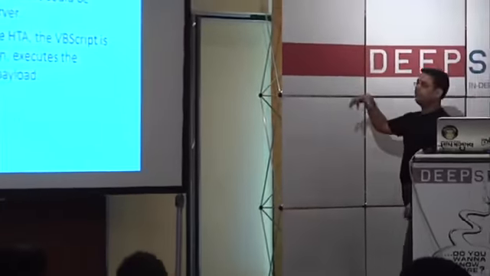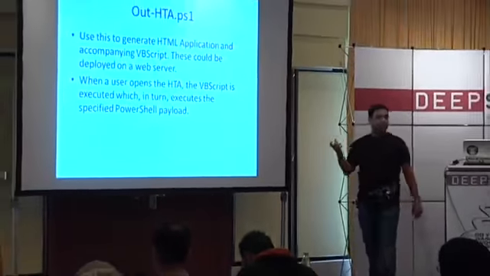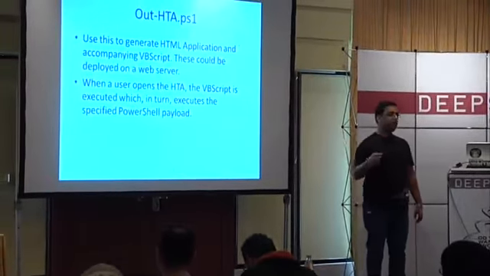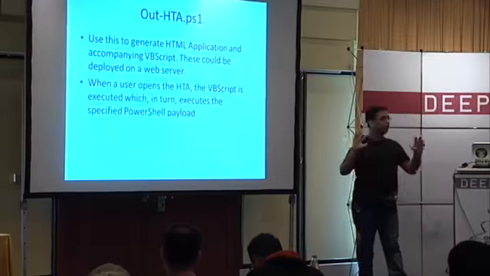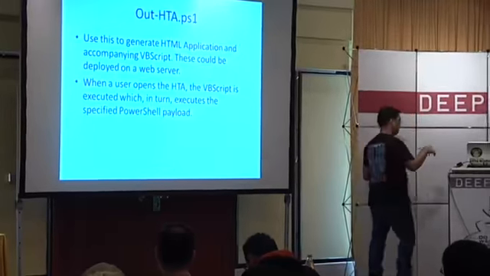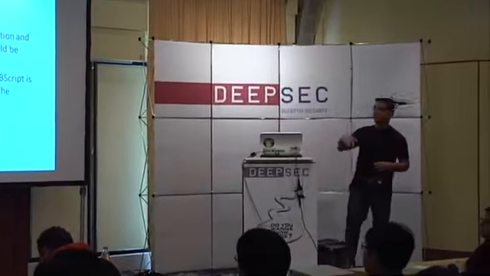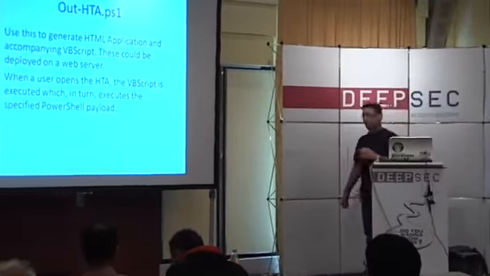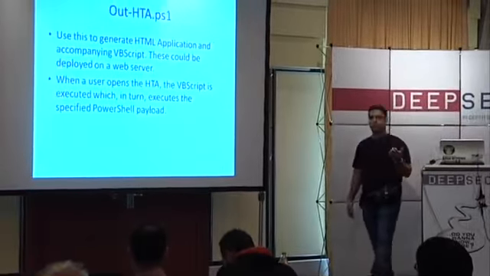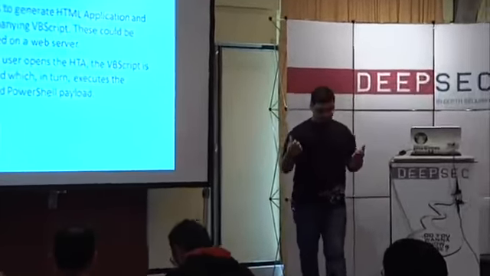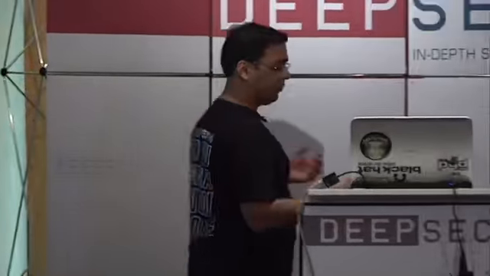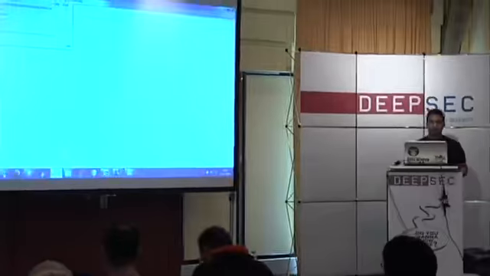This one generates an HTA, that is an HTML application, and a VB script. You just need to host both on a web server, send the link to the victim, and if he opens it, your thing would be executed. The flip side is the user gets warnings two times. I think I have one hosted on one of my local web servers, this one. So if I try to run this,